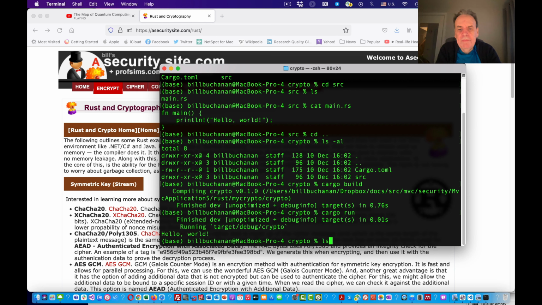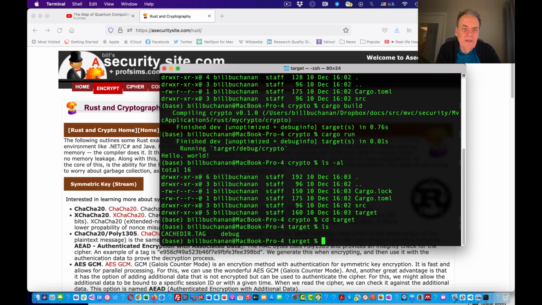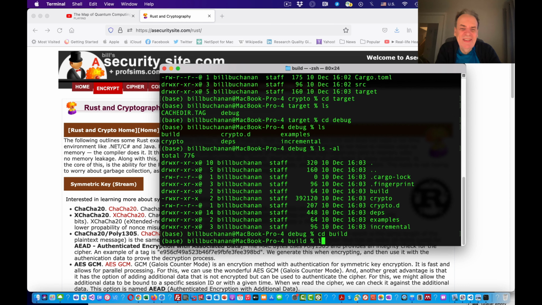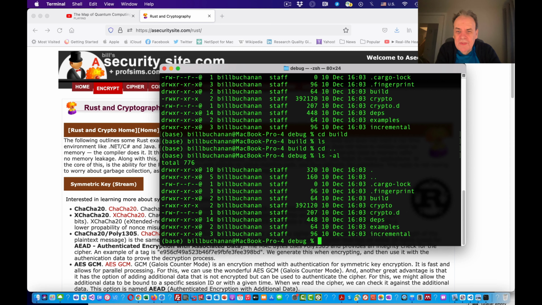And basically what happens is that we create a target, and then in target there's a debug folder, and within there we've got a build folder. Let me see, we have our crypto program here.